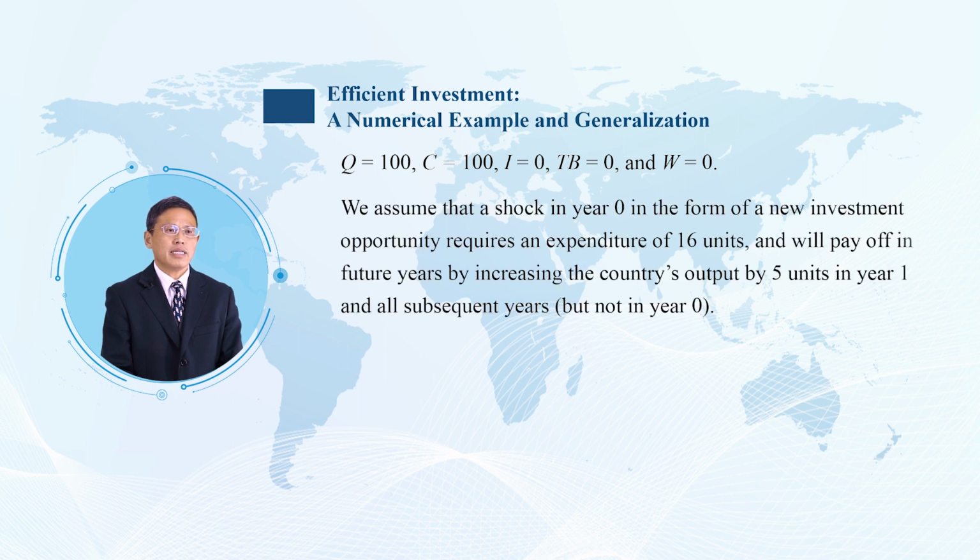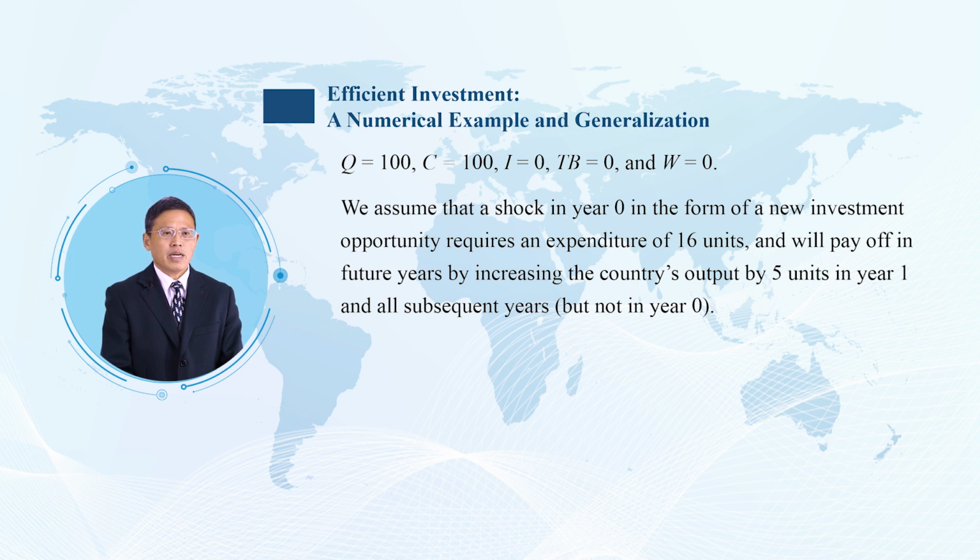We assume that the investment in machines or factories or mines would require an expenditure of 16 units, and that the investment will pay off in future years by increasing the country's output by 5 units in year 1 and all subsequent years, but not in year 0. Should it make this investment, and if it does,